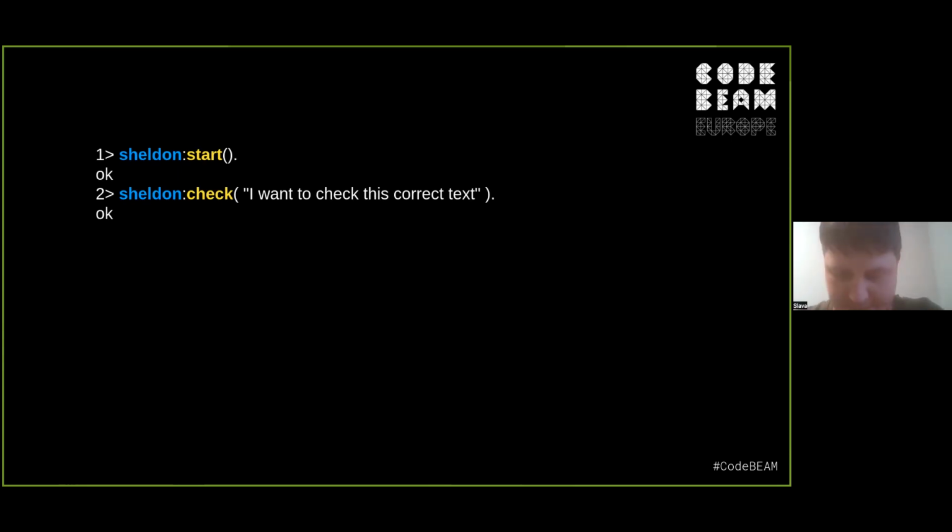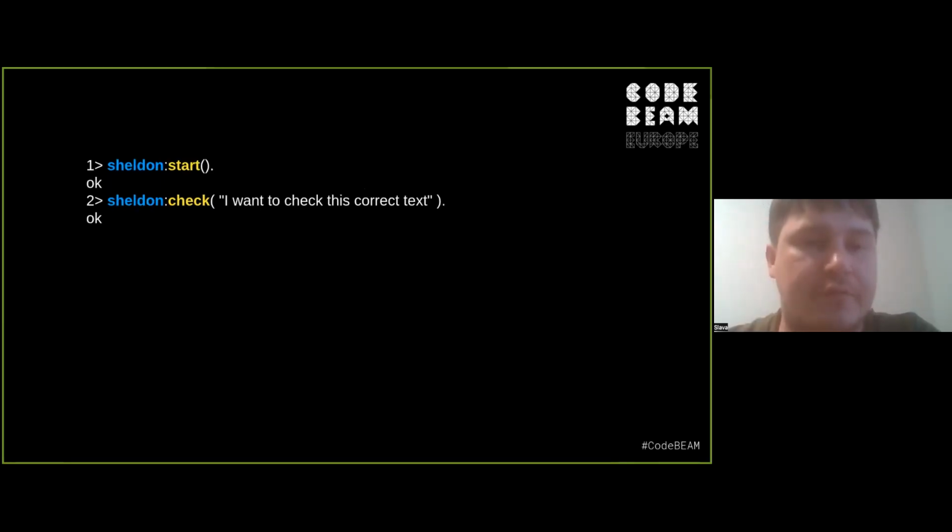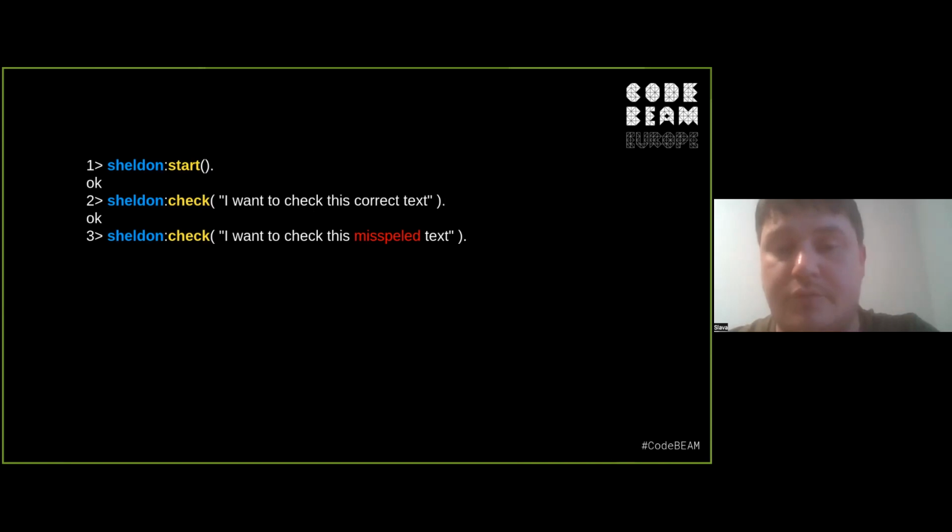Here we have the internal API for starting. It works as a standalone application with Sheldon start. To check any text, you can put it into the API check function. This can be a binary or a string, a single line, or big text data divided by new lines. If all is okay with the text, Sheldon will return ok. Let's see how it works when we try to put an incorrect